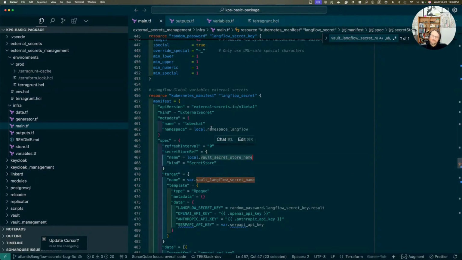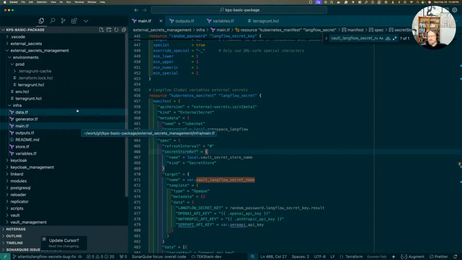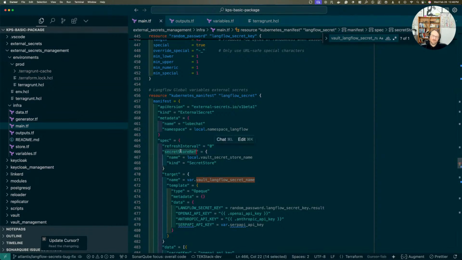Okay. Right. So when it comes to external secrets and secrets in general, again, they're namespace localized. They exist within a namespace. And if you want to have the same secret in a different namespace, you've got to replicate it, right? Now, the same thing happens for generating secrets as well. So in this specific case, we're using a secret store reference. And the secret store needs to exist in the same namespace for security reasons. So we need to add a secret store. And that's the error we're getting as well. So if you look at the error,